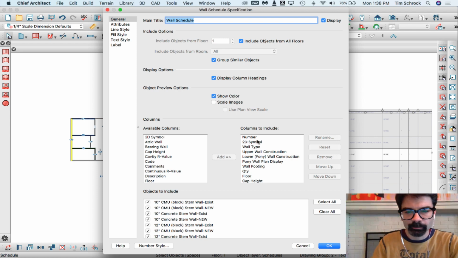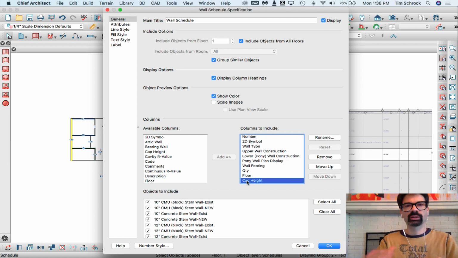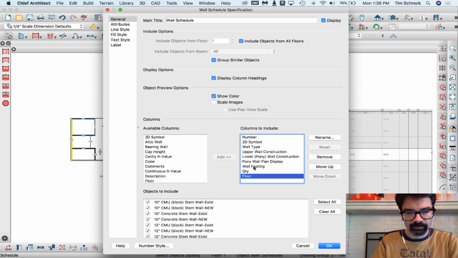In the schedules here, they have columns that are already included. Cap height is something I was playing with. I would love to show the height. I've made a request in Chief Architect reporting. I would love to show the height of where, say, you've got a shower cap, a framed wall up to 48 inches or 42 or wherever that is. I would like to show that height where it changes and transitions to glass. It'd be a nice touch there. So I'm going to remove that column. It's playing around, it didn't work. Anyway,